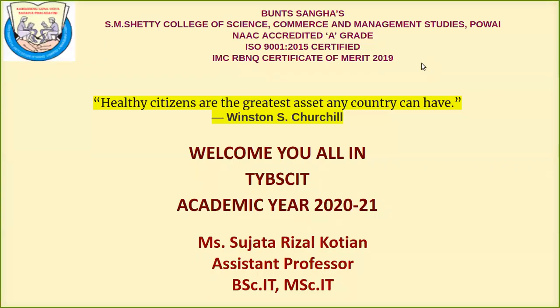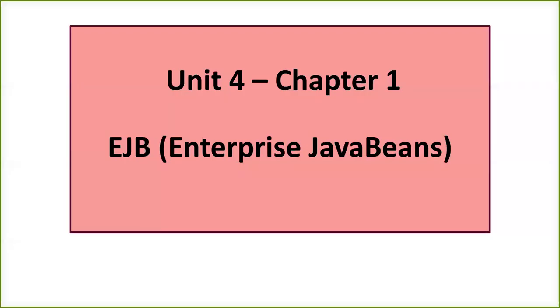We are going to start with our fourth unit today. It also consists of 5 chapters, and all the 5 chapters are very easy. As I told you previously, your unit 4 and unit 5 are the most scoring units because you have very straightforward questions expected from these 2 units. Each unit is for 15 marks. So 30 marks you are going to have in your hand, and it's very easy really.